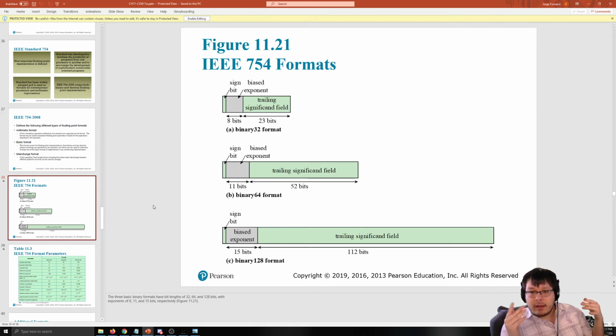And for a 32-bit system, a floating point is going to be 1 bit for the sign bit, because you never need more than that. 8 bits for the biased exponent, again, with a bias of 127. And then the significand field, which is the mantissa, if you want to call it that way, is 23 bits for a float. And then for a double,